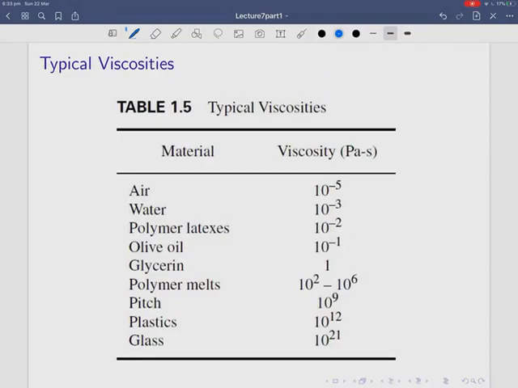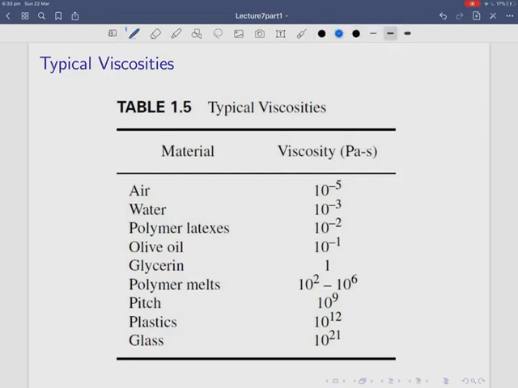So in air, for instance, air is not very viscous. It's 10 to the minus 5 Pascal seconds. That's our units there, Pascal seconds, SI units. Water, for example, is 100 times more viscous than air. And that is why, for example, ships don't travel very fast, because they're forced to deal with the drag of water. And if you have a ship, what you do is you try and make as much of the ship above the waterline as possible, even though that causes some instability.